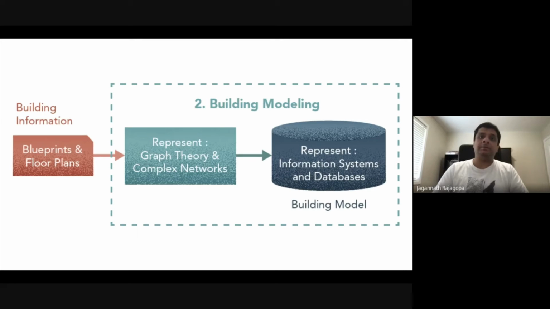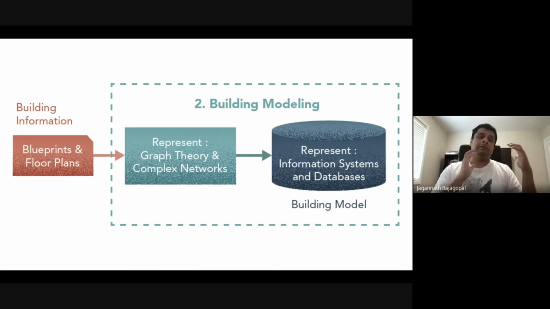Let's go to the next one, which is building modeling. One of the things we saw when we were talking about the high level flow is that this is necessary both to create the cloud model, which was step 6, as well as the preventive security engine, which is the final objective. Both of these need a logical representation of the building, so spaces and how they're connected. So that's what this step does. Again, there's two parts. One is you need to do the representation, and then you need to store that in some sort of an information system or database.